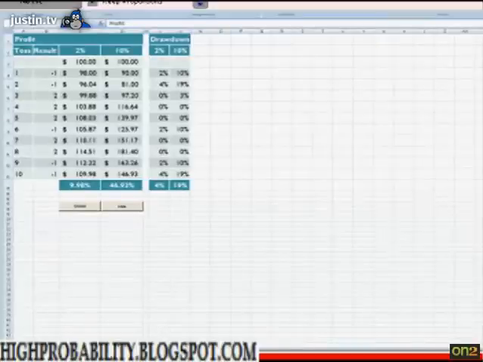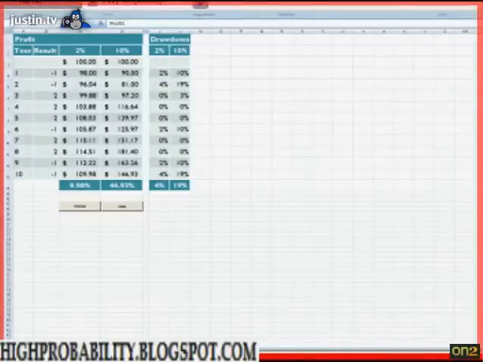Now, can everyone see a spreadsheet in front of you with about half a dozen columns? Am I getting any yeses? Okay, the spreadsheet's up there. I'll just explain it very quickly.